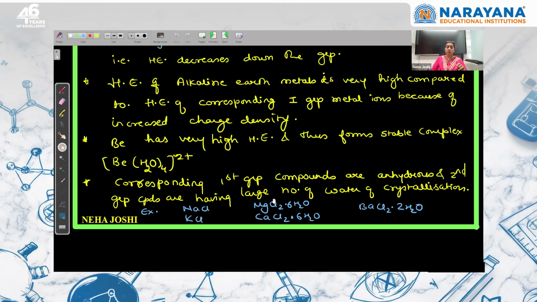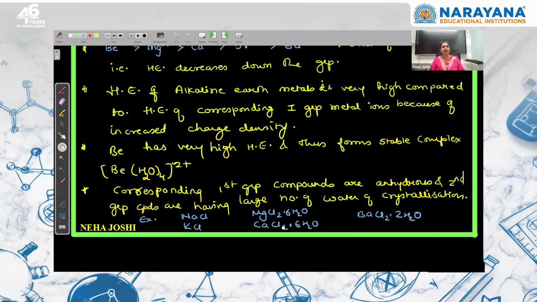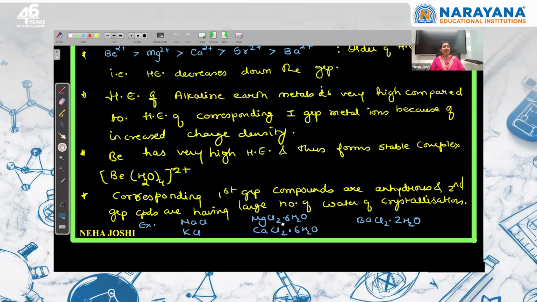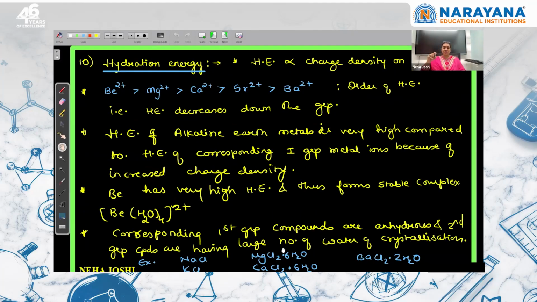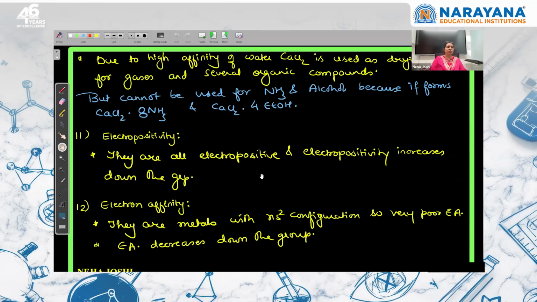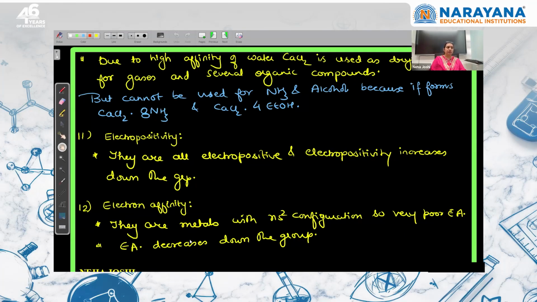But MgCl2 has variety. This is because MgCl2 in nature forms hydrates from MgCl2.1 to 12. The variety is so large. So both 6 and 8 are okay. Don't confuse about which one you should take. Both are correct. Okay? Due to high affinity for water, CaCl2 is used as a drying agent for gases and